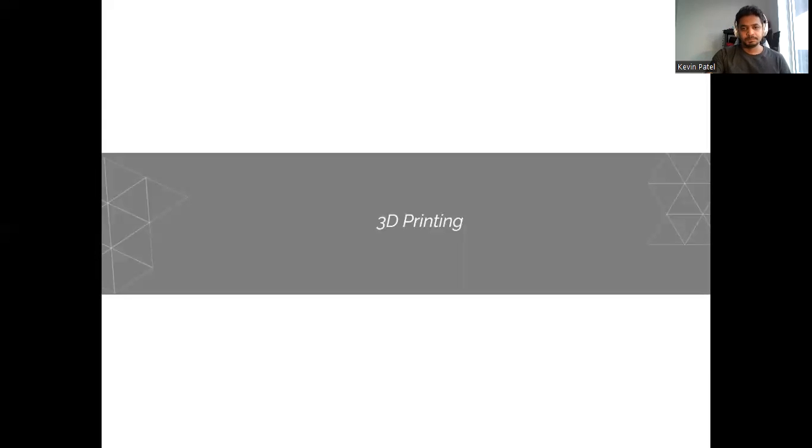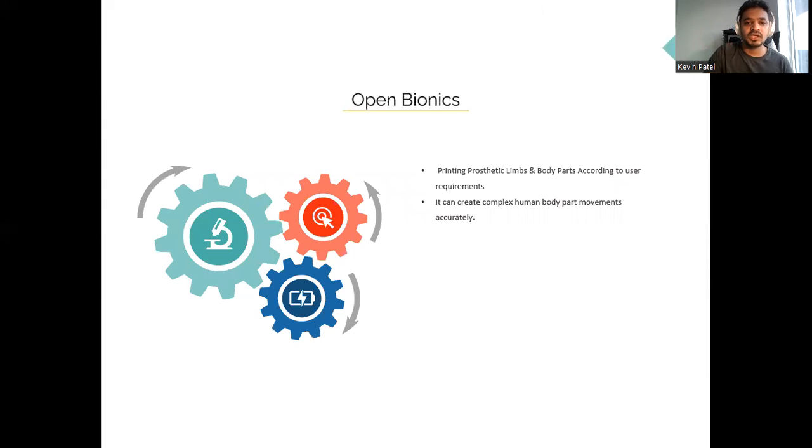Third is 3D printing. In 3D printing, there are a couple of companies we would discuss. As we already have discussed, 3D printing is a simple concept where we can print any complex mechanism with simple printing cycles. So there is a company called Open Bionics, which is printing prosthetic limbs and body parts according to